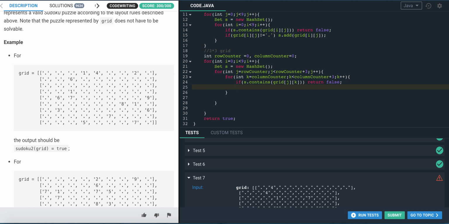Else what we'll do, if this value is not dot, if grid j k is not dot, then we'll again add, we'll do the similar. Okay, cool. This should be j